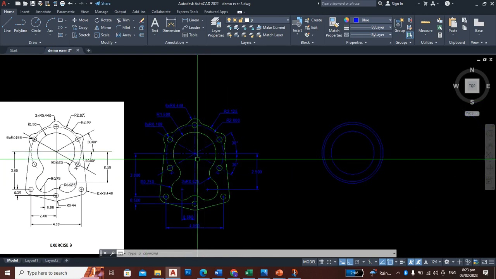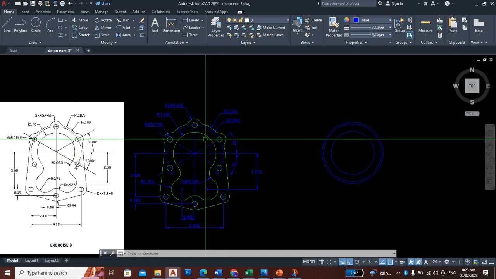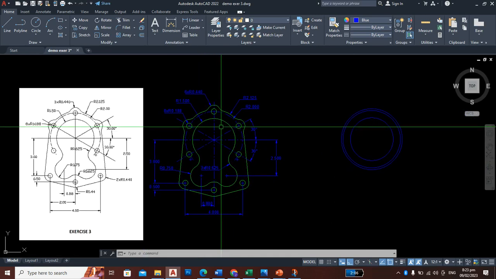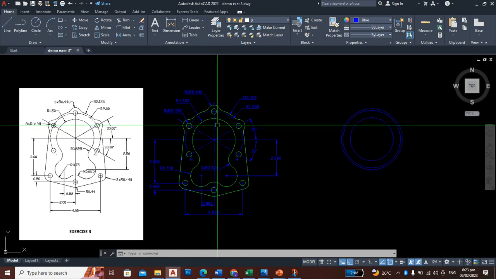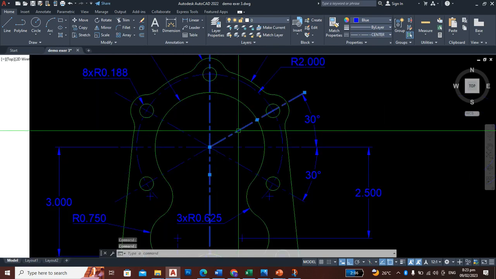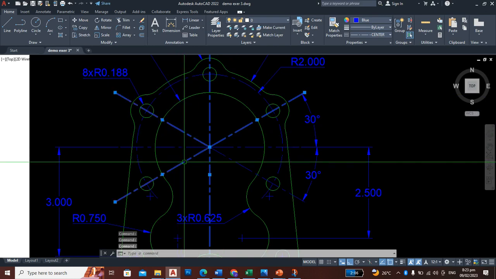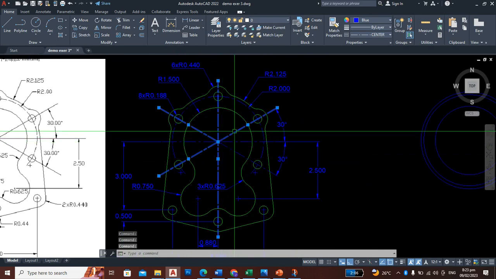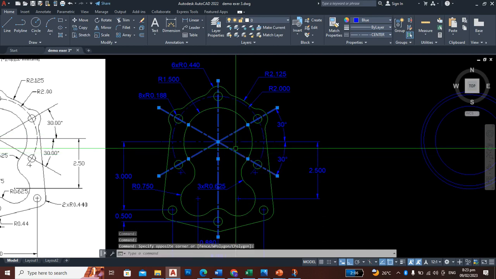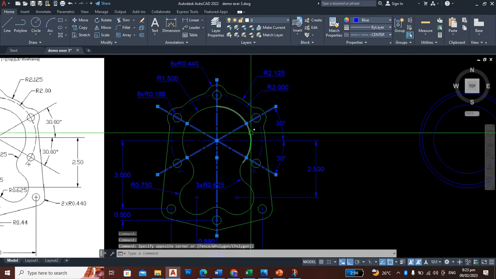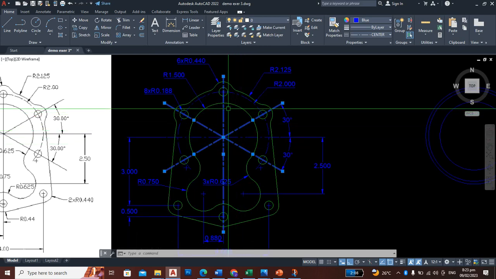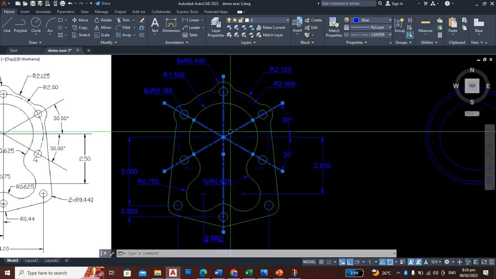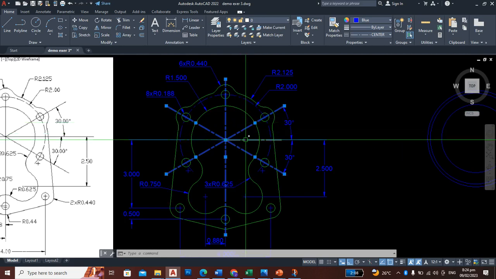To make it easier to put in their respective locations, we draw these center lines first, that are 60 degrees apart, except this one,